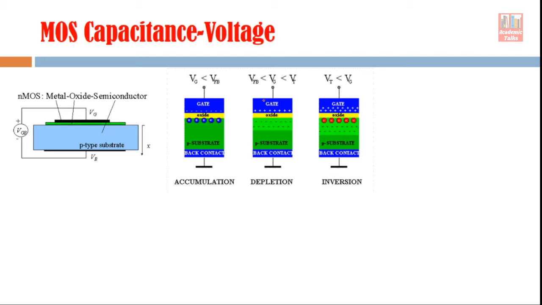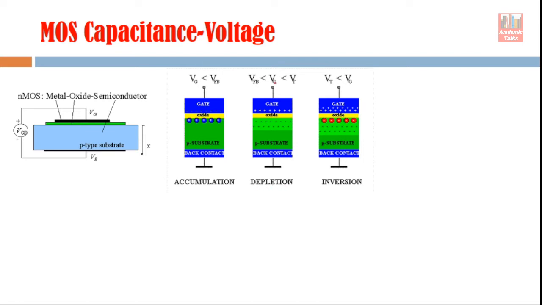Schottky device means metal is deposited directly on the semiconductor, but in the present case we are depositing metal over the oxide layer. So there is semiconductor, then oxide, and then there is a metal. So this is a MOS device, but in this structure also, if you are applying positive voltage here, that positive voltage will create a similar kind of effect, means a depletion region will be created in this portion. So this biasing condition is known as depletion region.